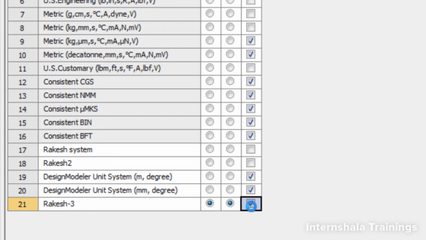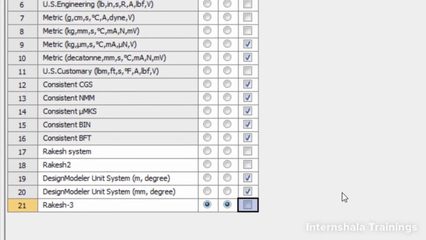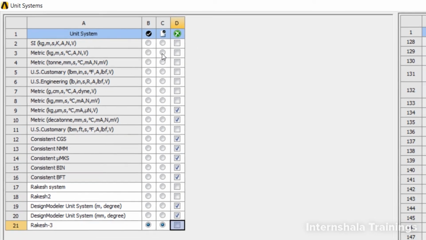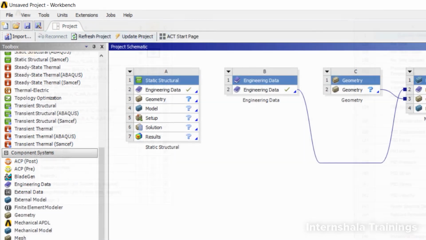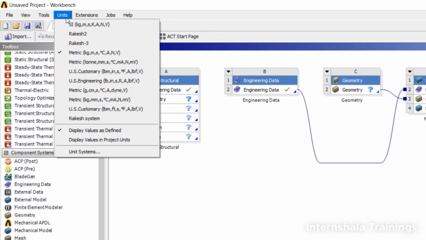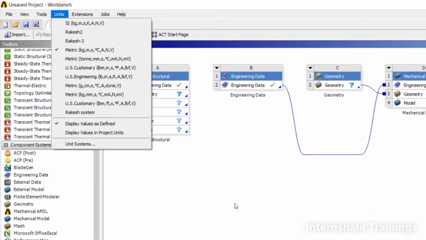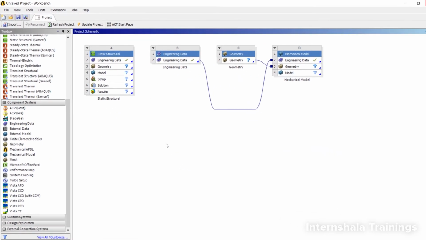I'm going to just untick this box, and I'm going to change my default units to metric, kgs and other things. Once I am done, I can just close this, and now I will go to the units tab, and you see the new system which I have added is being shown here, which is nothing but Rakesh 3. So this is how you can create your own custom system.